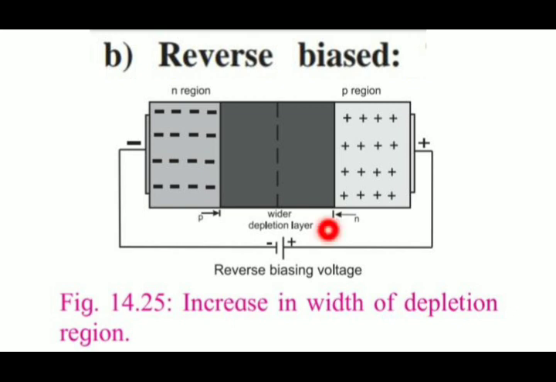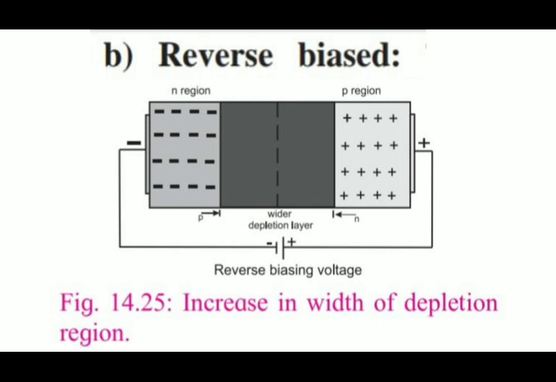So here is the printing mistake in your textbook, you can make a correction over there. You can see this mistake here. So it should be positive and it should be negative. The positive terminal of the external voltage is connected to the cathode, that is the n side, and the negative terminal to the p side across the diode. In case of a reverse bias, the width of the depletion region increases and the p-n junction behaves like a high resistance.